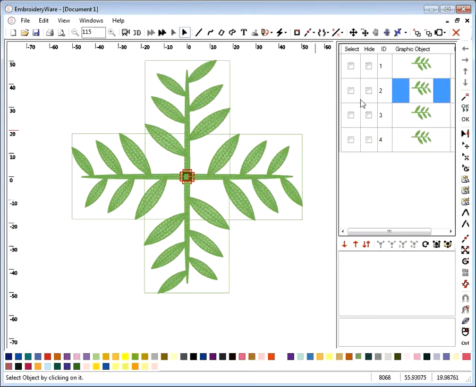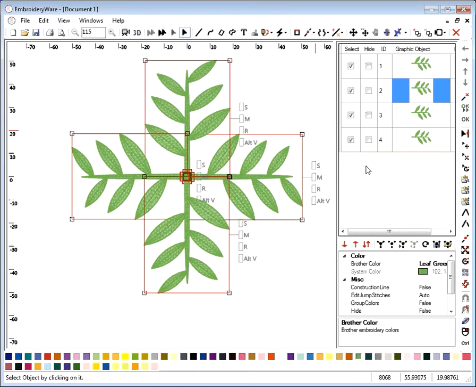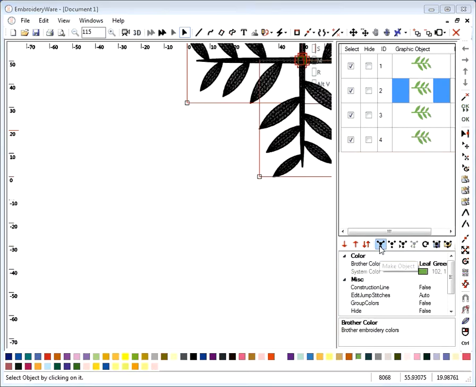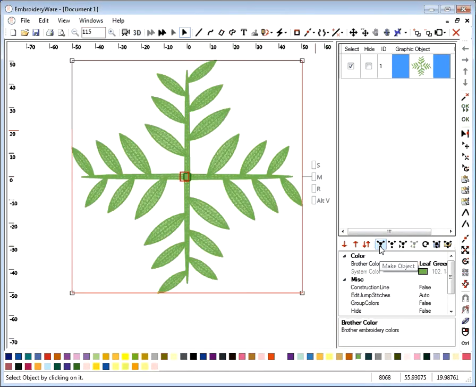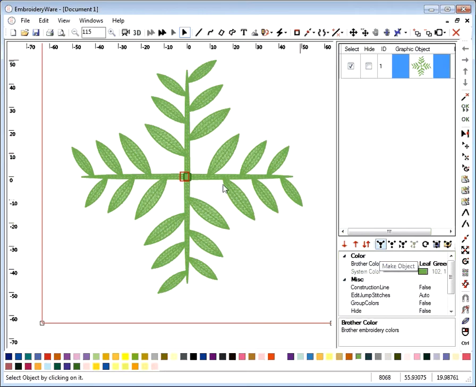Now, as you can imagine, we can just select these as well and make these an embroidery object. Now we have a complete design, let's say, a motif, if you will, that if we wanted to paste it in a pattern or something, let's say cover a whole pillow full of these, we could do that. But what's neat about embroidery objects is that they are intelligent because they're all based on the original